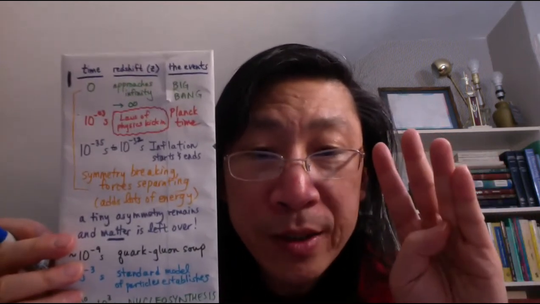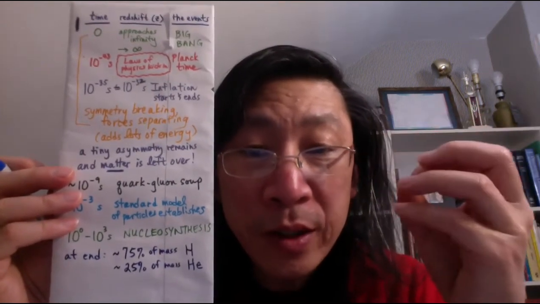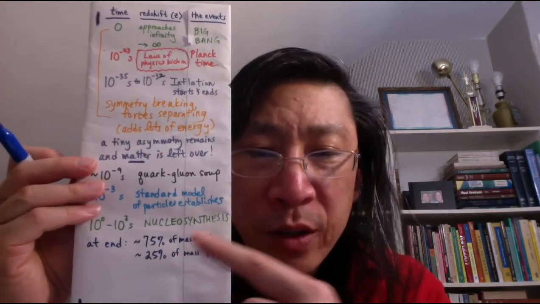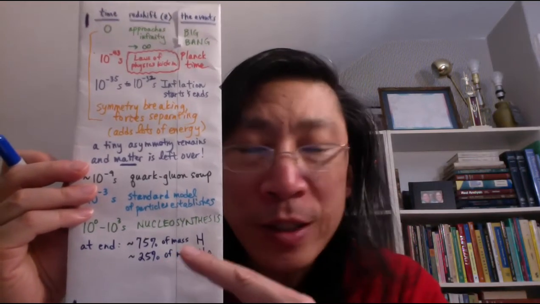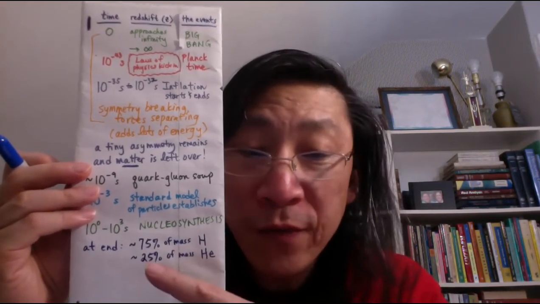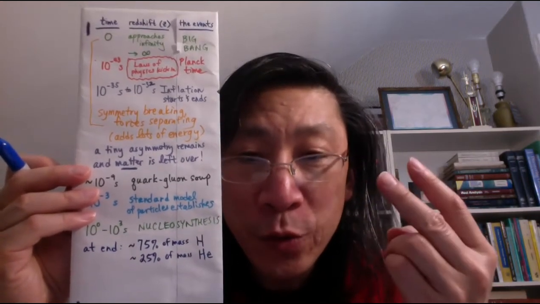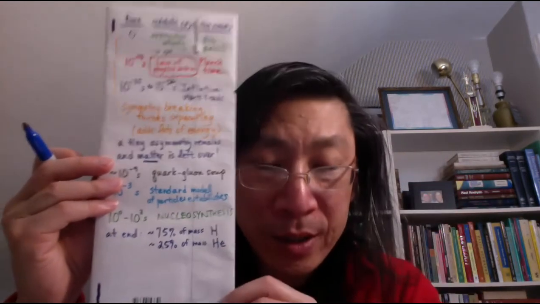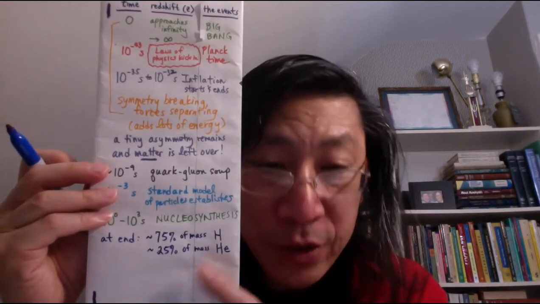Helium, remember, has 2 neutrons and 2 protons, and they're usually stuck together and form a helium nucleus, right? And they are floating around now. So 75% of the nuclei that have been formed are just plain old protons. 25% are these helium particles, alpha particles, right? 2 protons, 2 neutrons stuck together in a helium nucleus. They're called alpha particles. And so you've got helium and you've got hydrogen.